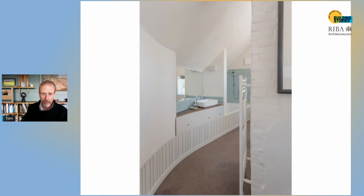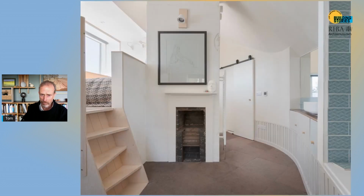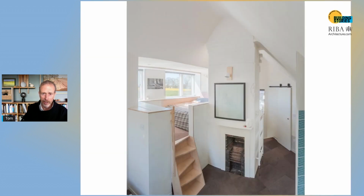And the space winds around the retained chimney breast and then climbs up to the bed space, which has those fantastic views out over the countryside beyond. Those tiles, I think, are another find, another reuse. We knew there were undyed wool floor tiles out there somewhere. And I Googled and found a supplier. Couldn't afford them, but of course you just do a deep eBay search and eventually somewhere